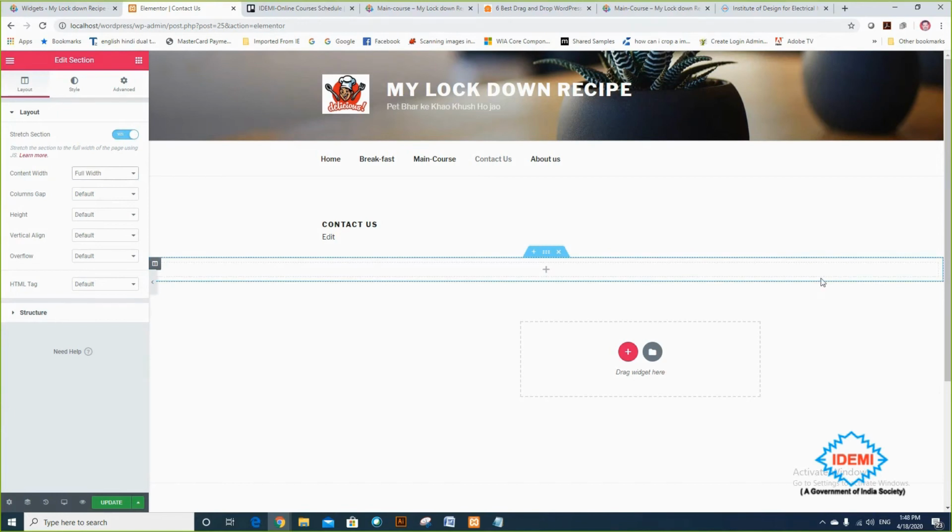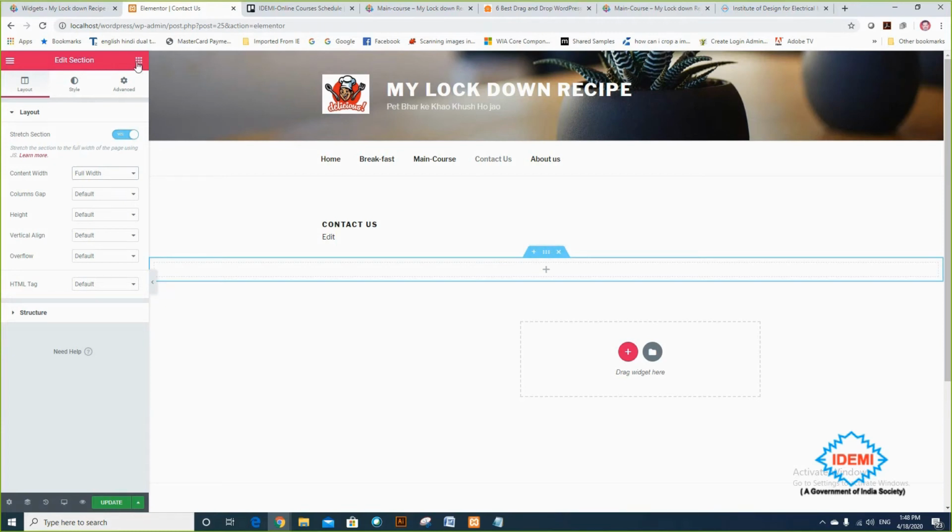So the entire full width is used in Elementor. Elementor is a very nice plugin, but this plugin is known as a page development plugin. So there is a matrix you will get.